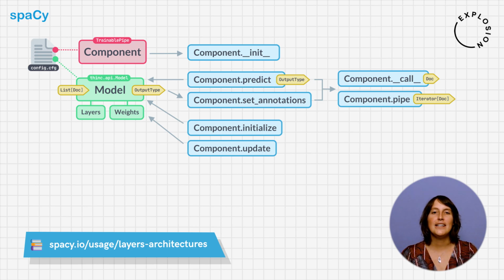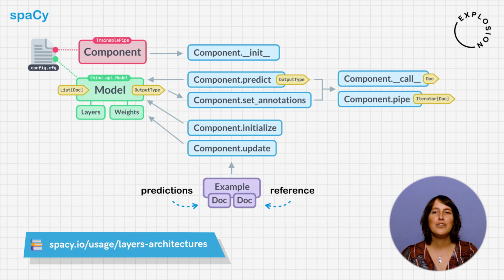Once a component is created and initialized, we can start training the internal machine learning model. This is done by the update method, which receives a batch of training data encoded in example objects. Example is a new type of object in spaCy 3 and replaces the old gold bars. We're actually quite happy about this refactor because the new data structure is much easier and transparent to work with. An example holds both a document with predictions as well as a document called reference that has the gold standard annotations. The update function will first create predictions with the current model and then compare them to the gold standard data to calculate the loss and tune the model further through backpropagation.